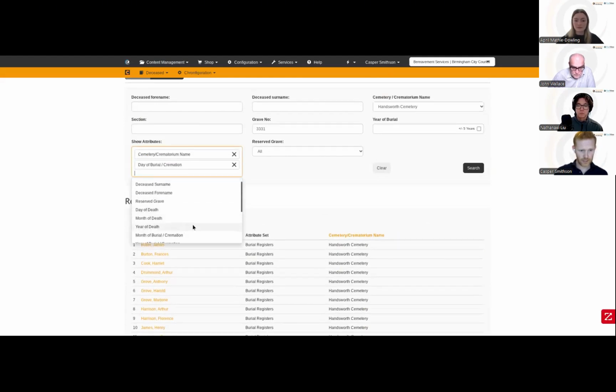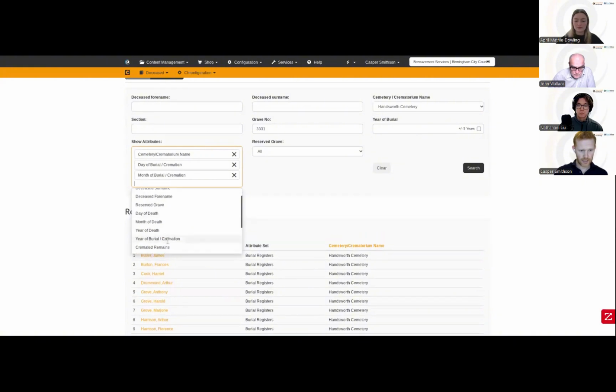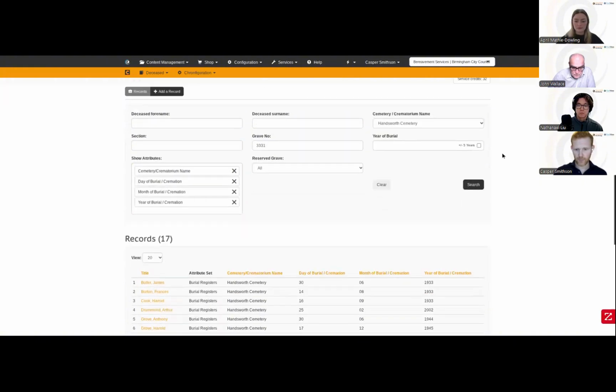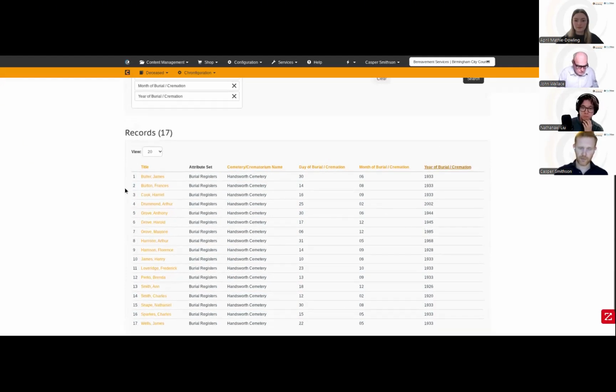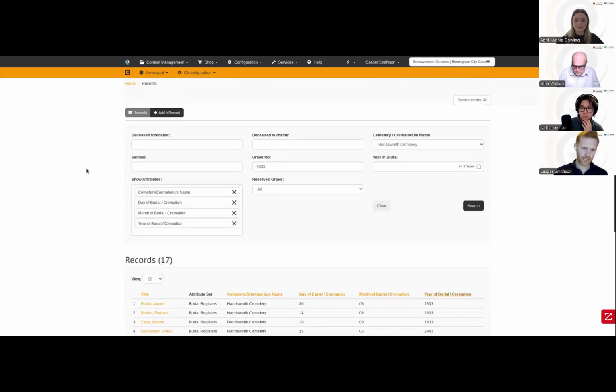So if we wanted to see the date, month, and years, for example, we can do so, and they will come up in the search so that you can either extract this information and download it, or you can potentially organize, restructure, and look at this information in a different way to be able to access those results. Just finally to this point, there is the ability to add existing records.